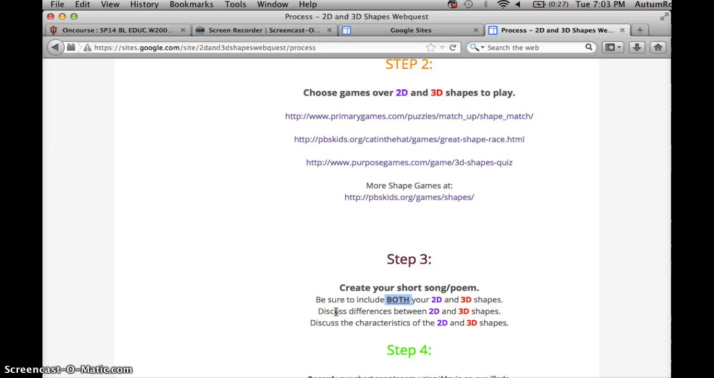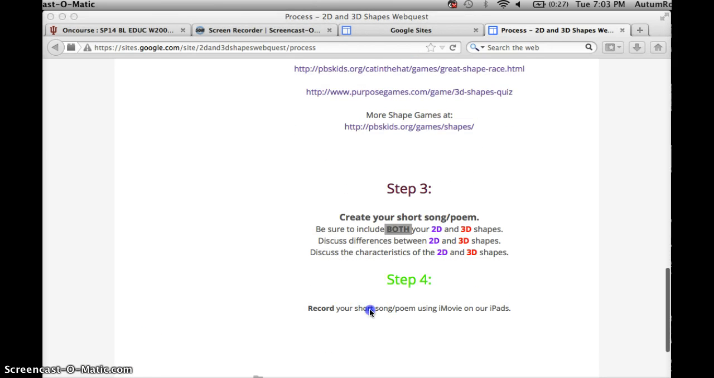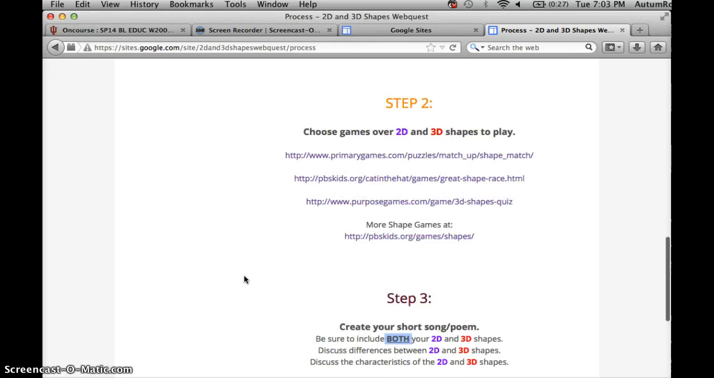For example, if you've chosen a square, you need to talk about how many sides a square has in your short song or poem. For step 4, you're going to record your short song or poem using iMovie on our iPads, which we have done before. But parents, if you have any questions, you're more than welcome to email me or call me during